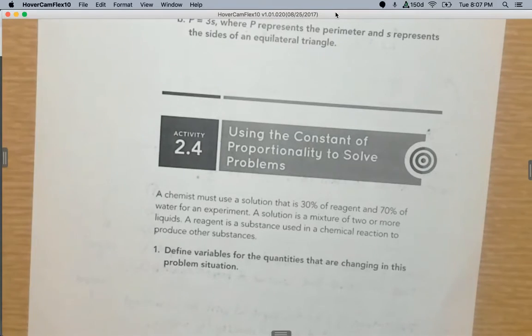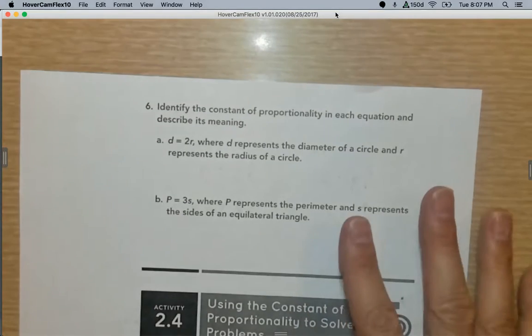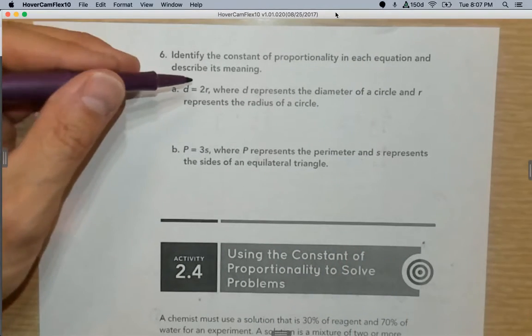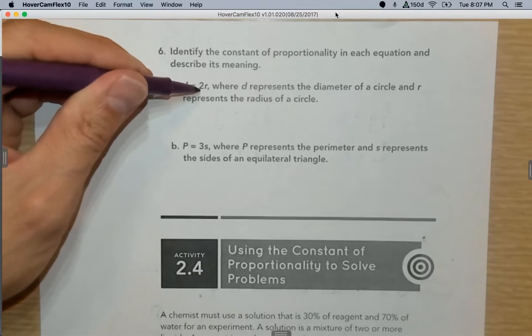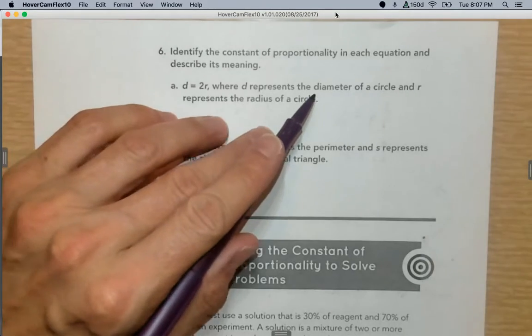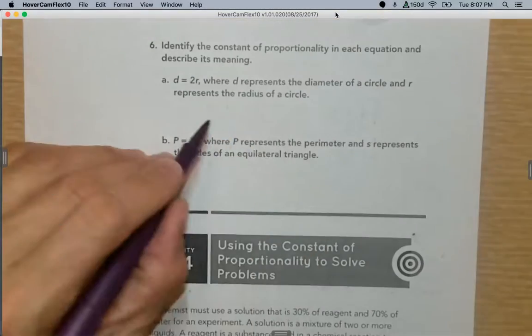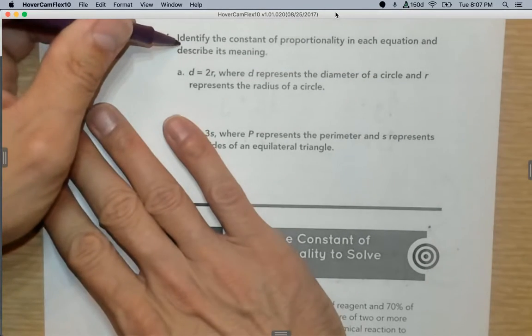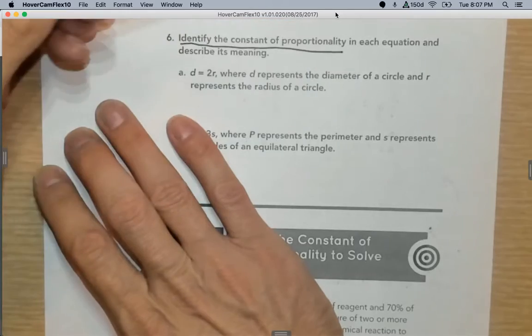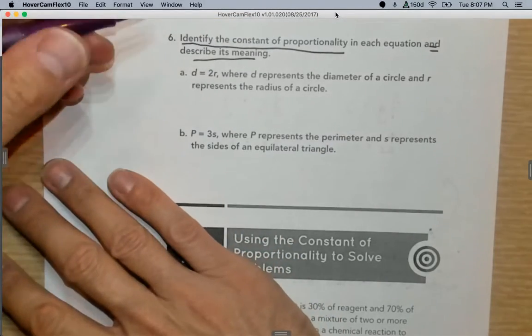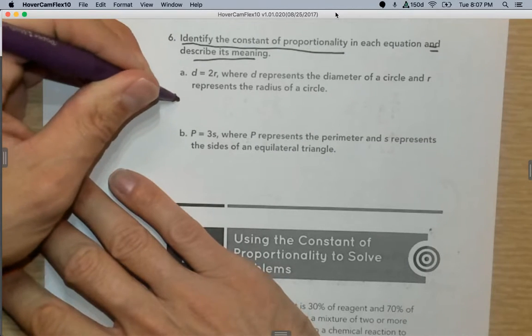All right. So we're on page 120. Identify the constant of proportionality in each equation and describe its meaning. Okay. So D equals 2 times R, where D represents the diameter of a circle and R represents the radius of a circle. Okay. So the directions say identify the constant of proportionality and describe its meaning. Okay. So the constant of proportionality here